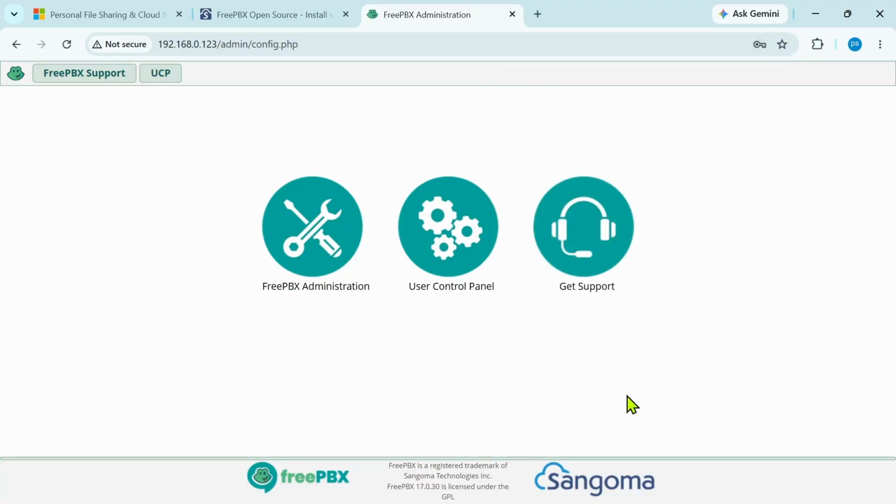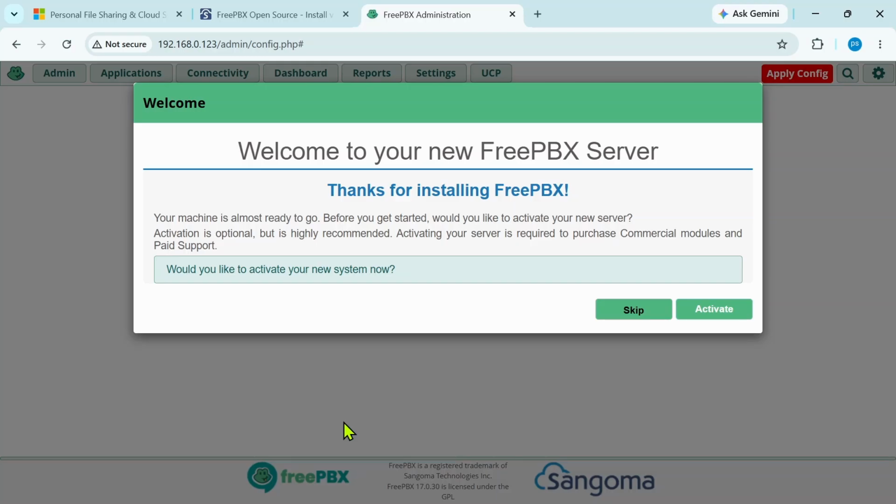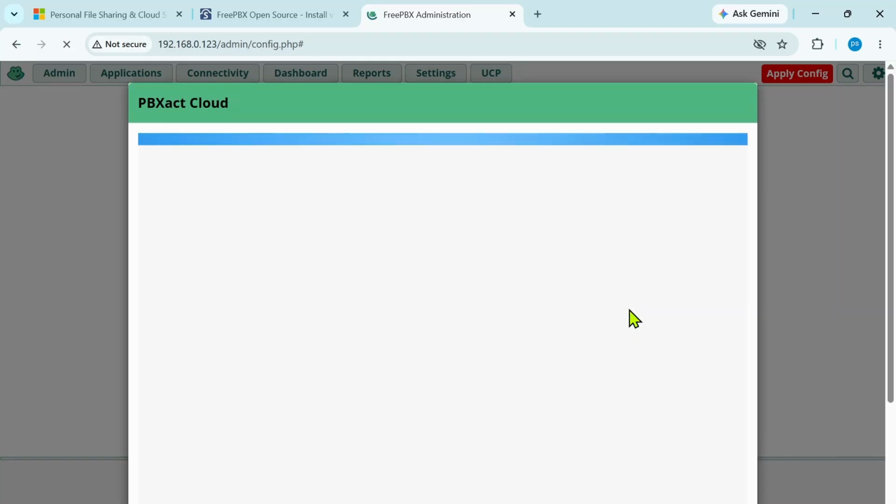Once the initial setup is complete, I'll click FreePBX Administration. The system now asks me to log in using the administrator username and password that I created during the initial setup. After logging in, FreePBX displays a welcome screen, along with some optional advertisements and promotional messages. Since we're creating this as a learning lab, we don't need these additional services, so I'm going to skip the